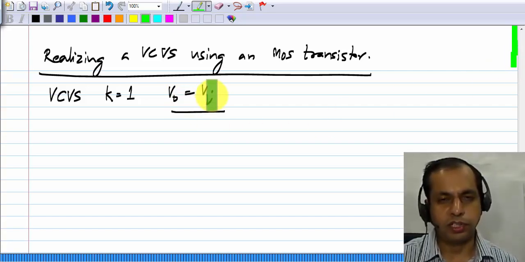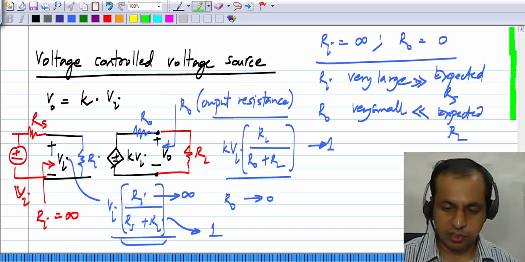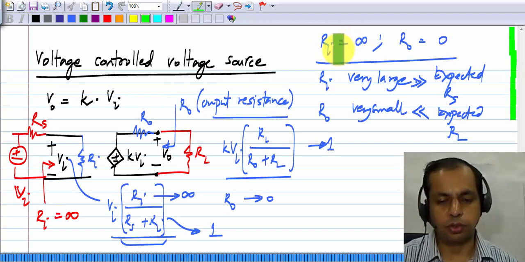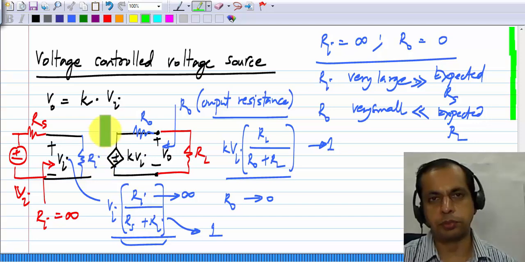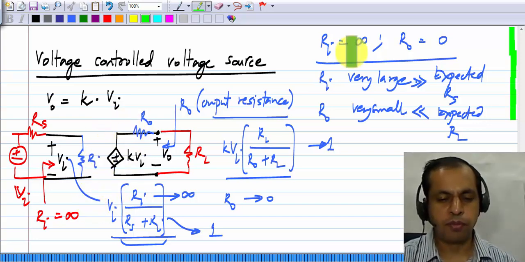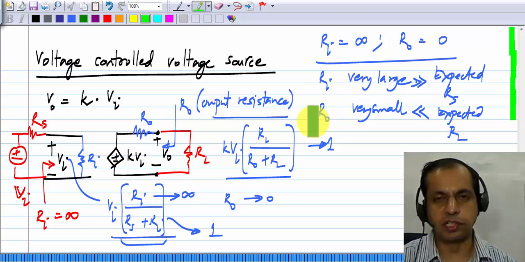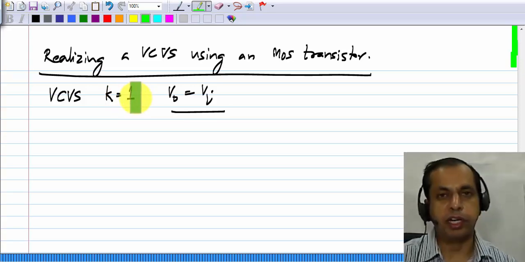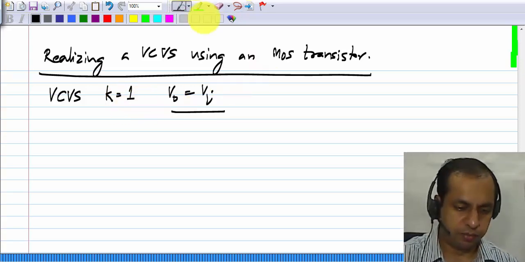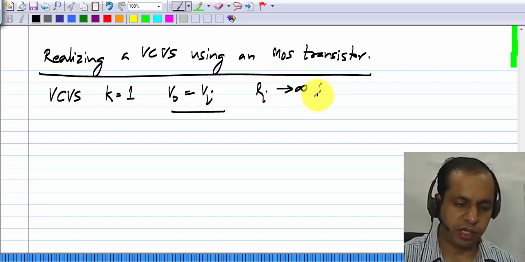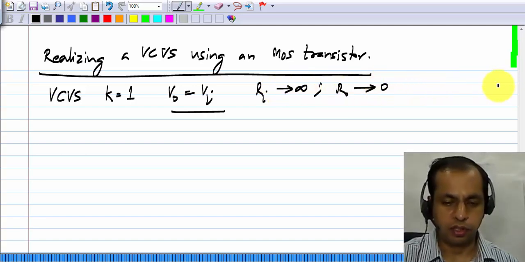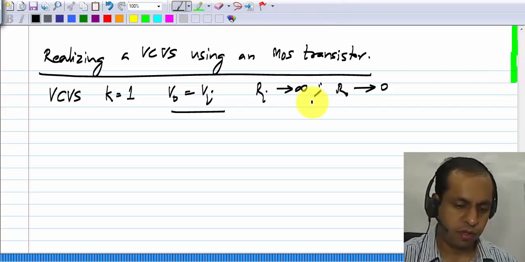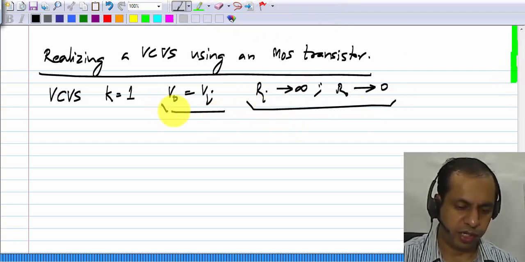Now you can ask, what good is this? I already have the input voltage, why should I generate it again? The point is this one. We will generate a control source which will maintain K equal to 1 regardless of temperature and other process parameters that govern the transistor. And also we will maintain a very large input resistance and a very small output resistance. Okay, so such a circuit which doesn't provide gain, it provides unity gain, but still has input resistance tending to infinity and output resistance tending to 0. This is known as a voltage buffer. Okay,